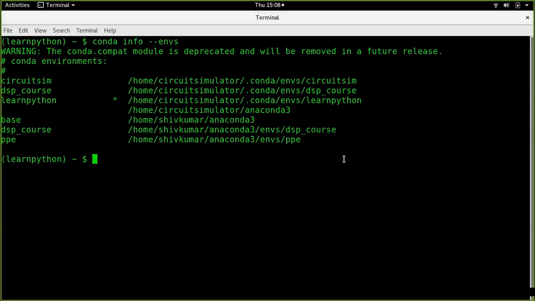So now that we've done this, the next thing we need to do is, since this is mainly going to be a Python for engineering course, I would be talking a little about